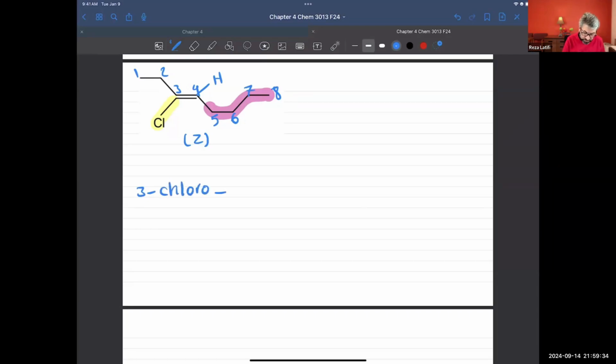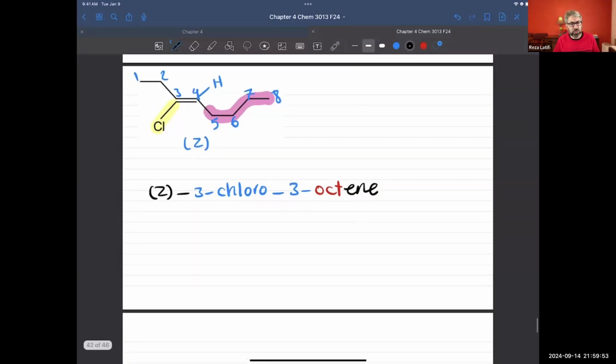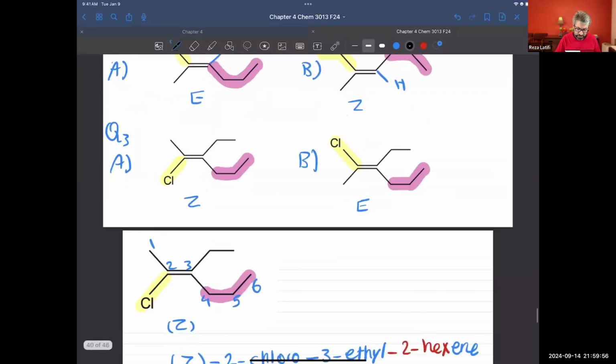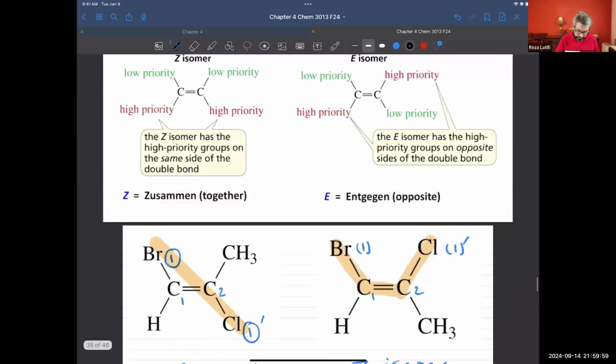Next, where is the double bond? The double bond is on the 3rd carbon, so 3, and we have 8 carbons, so it will be octene. And because it's a Z isomer, you put Z in front of it, and that's going to fix everything. One thing I want to mention before I end the lecture: